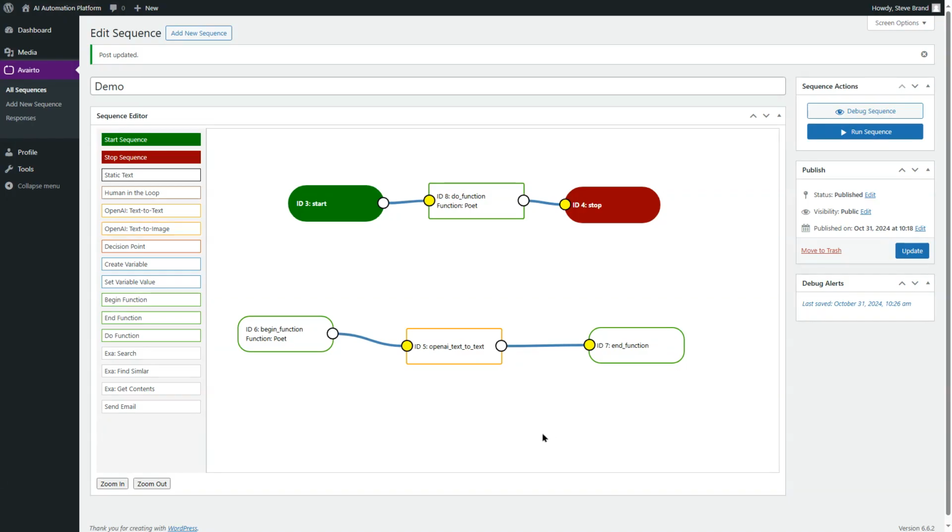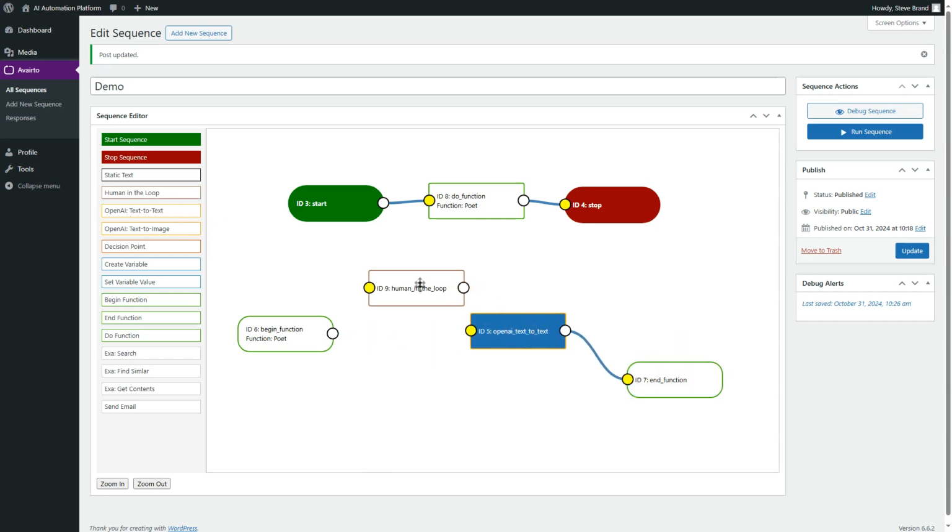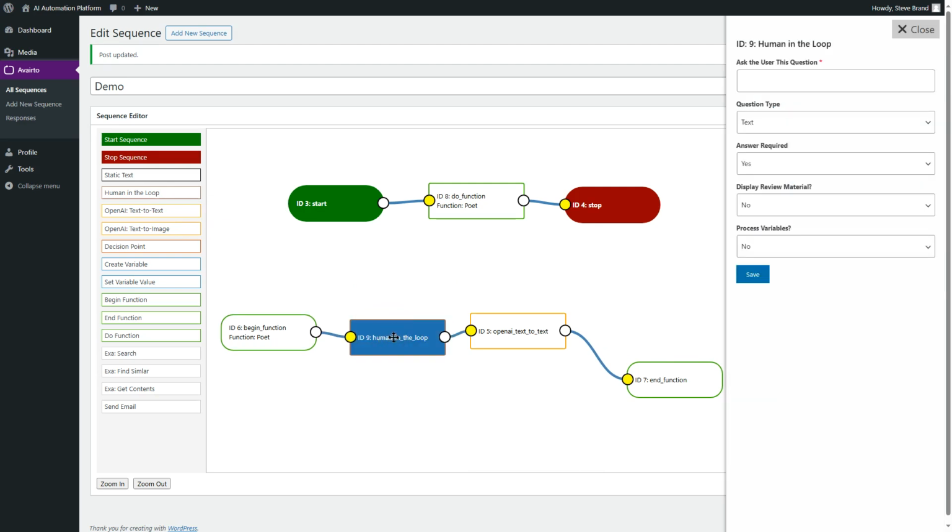So ChatGPT does a fine job at writing poetry, but just having it write a poem about anything probably doesn't do us much good. So that's where human in the loop comes in. I can drag a human in the loop node onto the stage. I can delete my connector, and I'm just going to put that in between. So I'm going to double click on that human in the loop, and I'm just going to define a question that we want to ask the user. And let's ask the user for the topic of the poem,